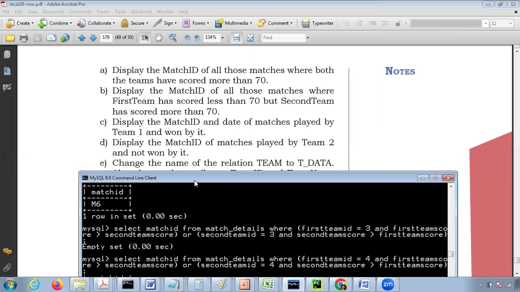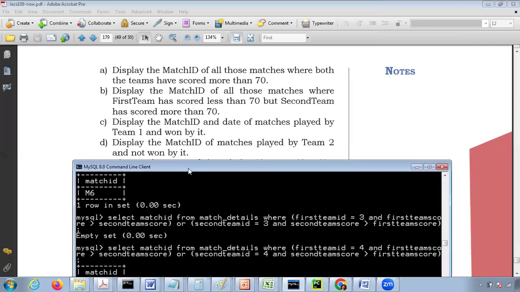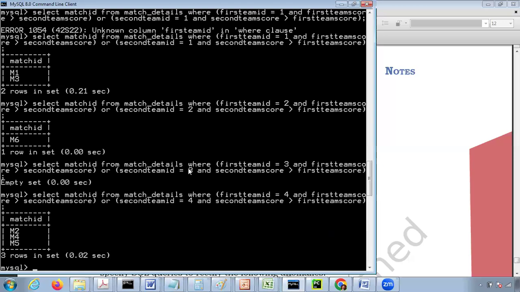Display the not won by it. Okay, so display the match ID of matches played by team 2 and not won by it. Okay. So select match ID from match details, where you can do it like this. First team ID,